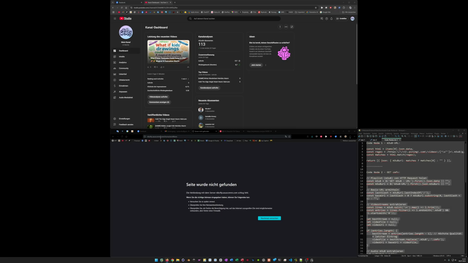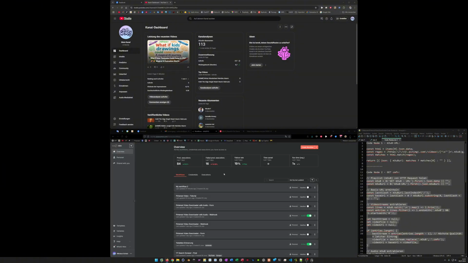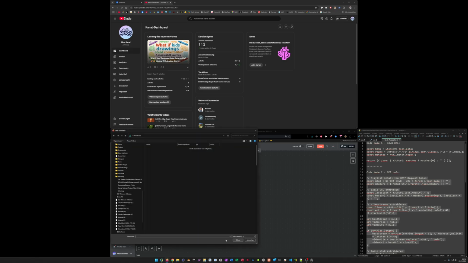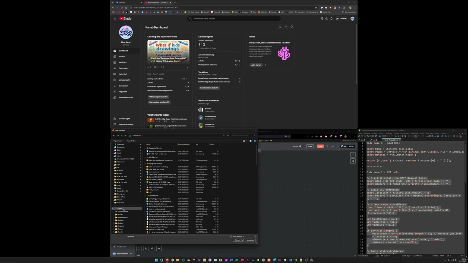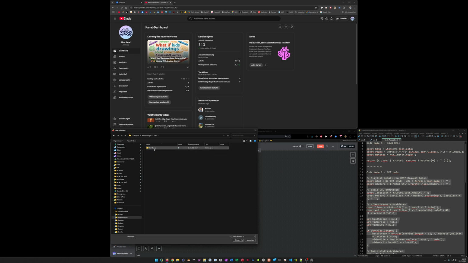So here we are. Let's say we go to here and delete this. I show you this. We go to here, import from file, and I have this, as I said, on my Dropbox, n8n workflows, and here we have the